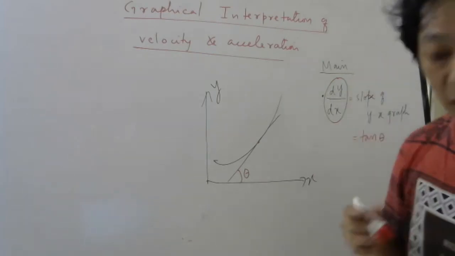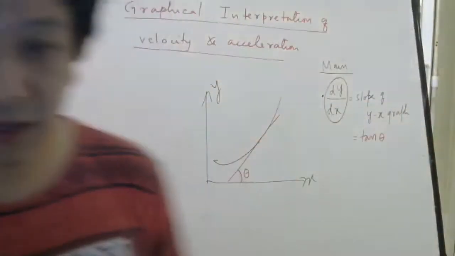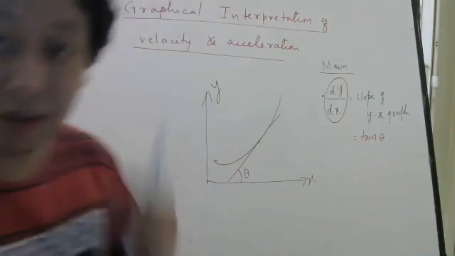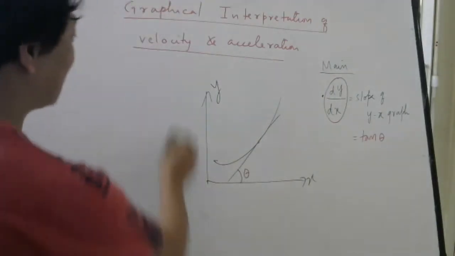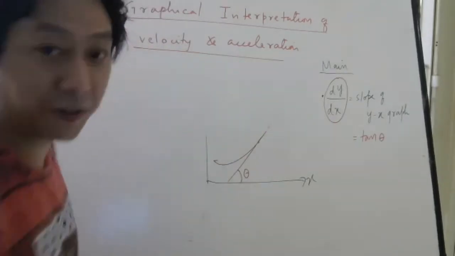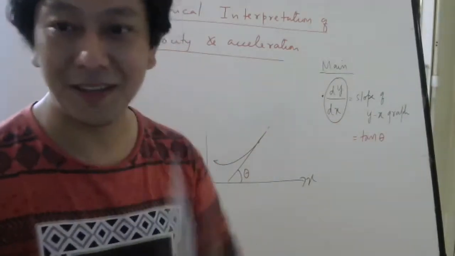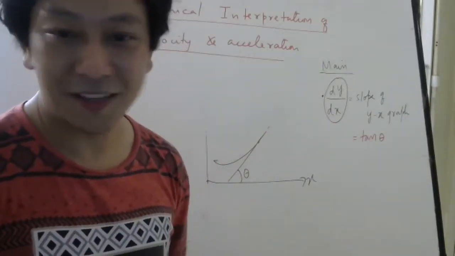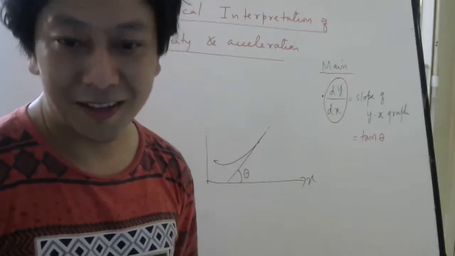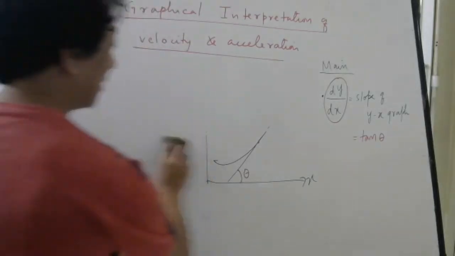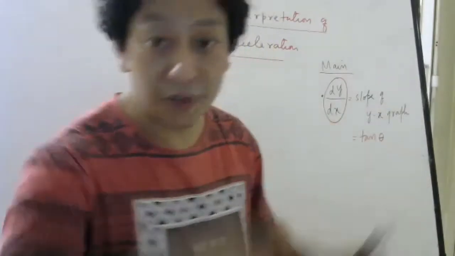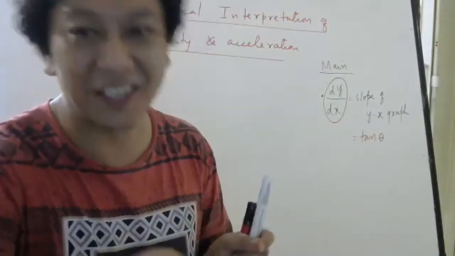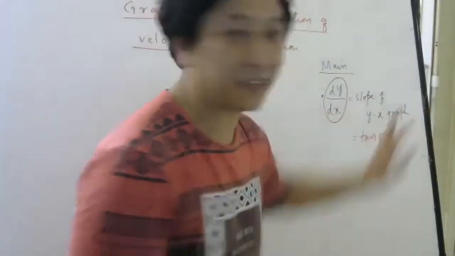So please see your differentiation topic. I have covered this already. Even in the revision class also I have covered. Yes or no? In revision class I have covered or not? Tell me. Am I not teaching anything or what? In revision class also I have taught. Okay. So dy by dx is nothing but slope of, actually I should say slope of tangent, but let us write slope of yx graph.